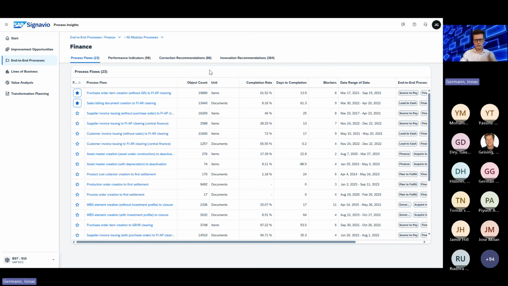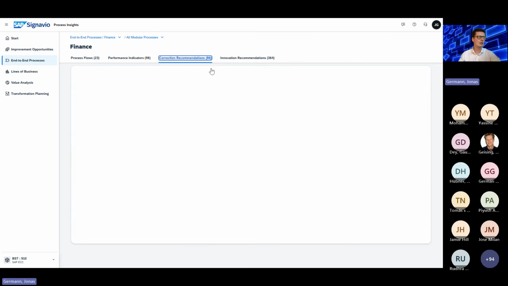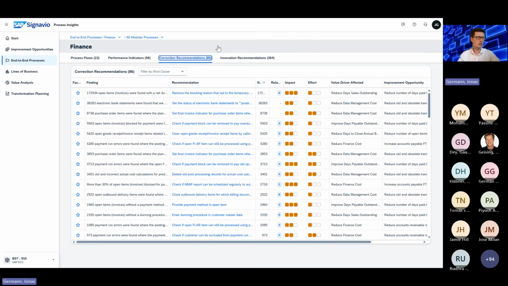I want to describe the difference here. Let's stick with the picture I described at the beginning, with the problem of the knee, and you went to the doctor and had a scan. The correction recommendation would be, okay, please, my patient, take a painkiller that maybe helps you to sleep well for one day, something like that. But a correction recommendation is not a long-term strategy. You cannot take painkillers forever, right?